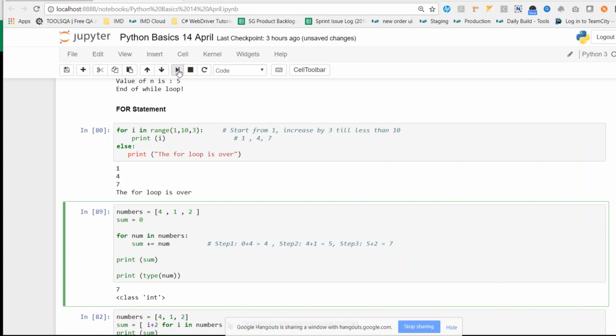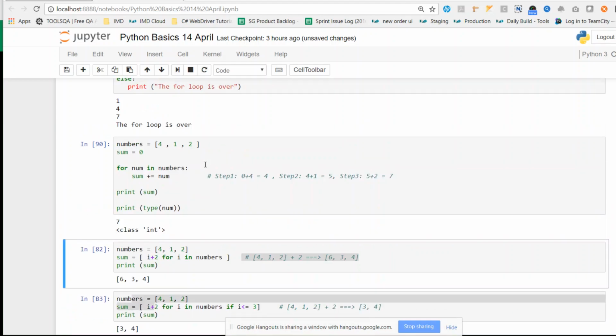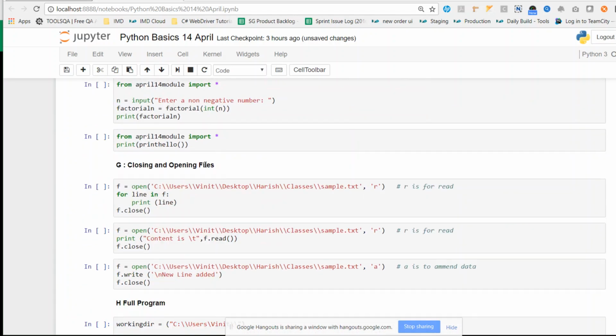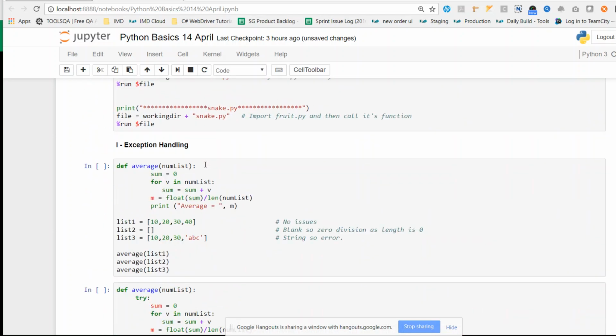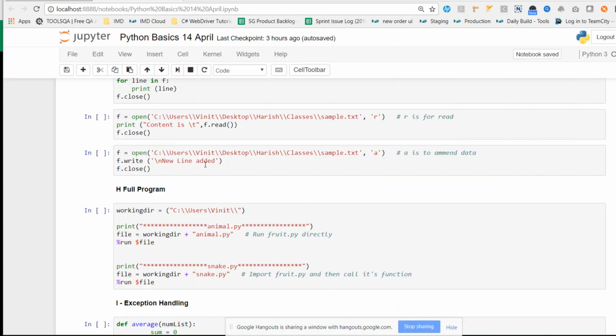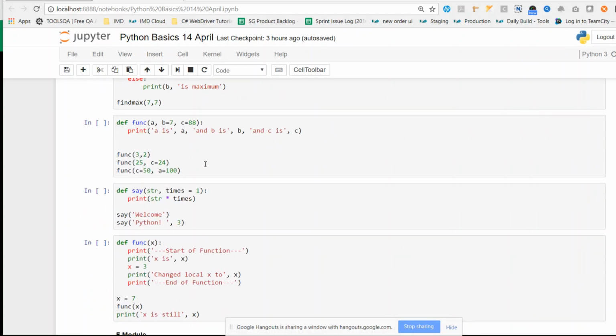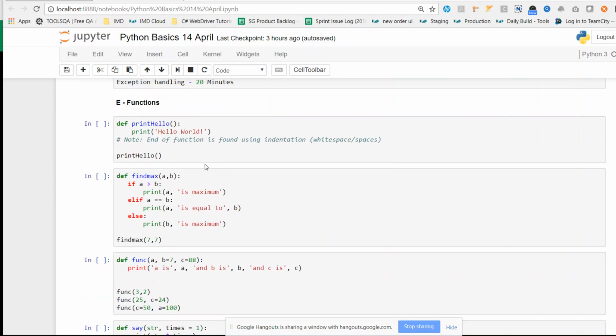Okay, let's go ahead to functions. If you feel like continuing, you can continue.